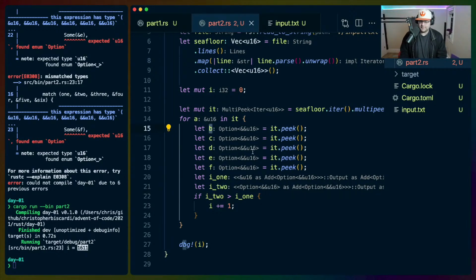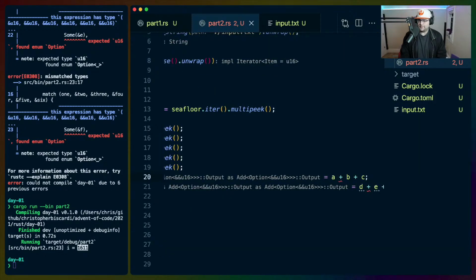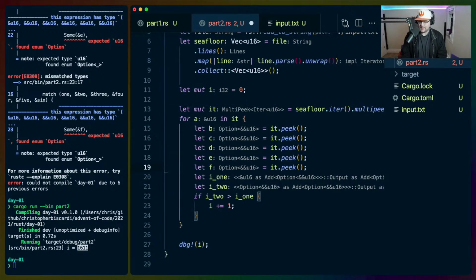These are all options now, which is annoying. We'll just unwrap them. Well, no, we can't unwrap them. We have to actually check. Okay.